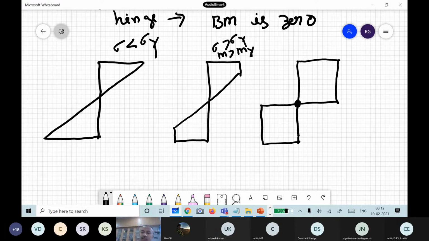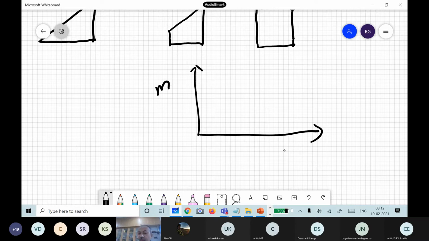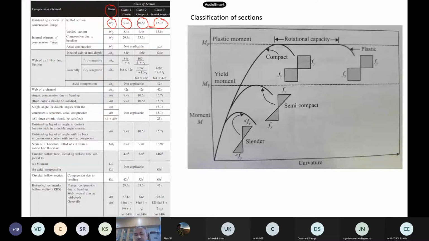Now if I draw the moment versus curvature relation, I have the bending moment, and if I draw the curvature, how do you find out curvature in the beam? What expression do you use to find the curvature? 1 by r. Excellent. So if I draw moment versus curvature, the graph looks like this. I think in the slide it is nicely drawn, so you can see in this graph itself. This is the moment, and this is our curvature, plotted on this side.